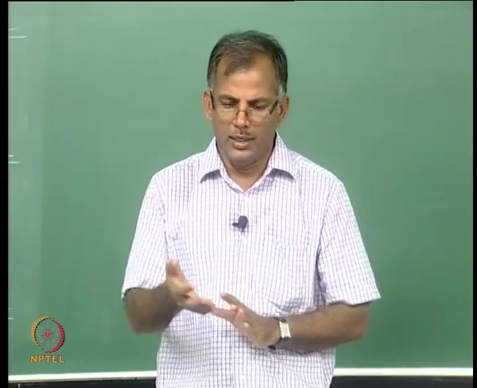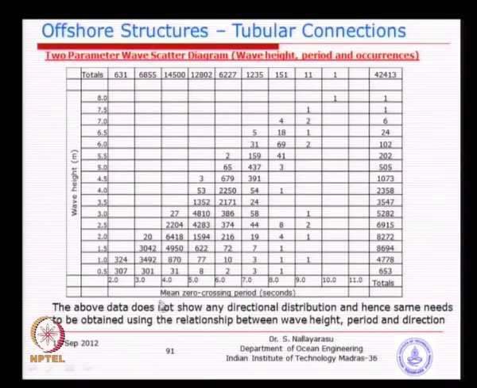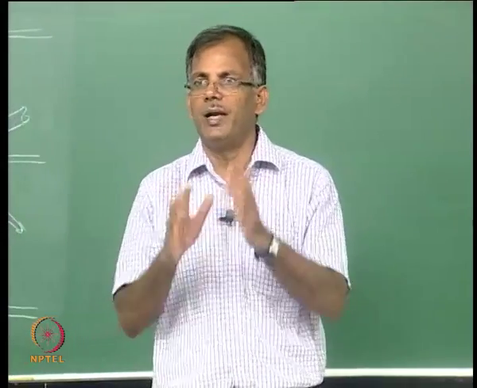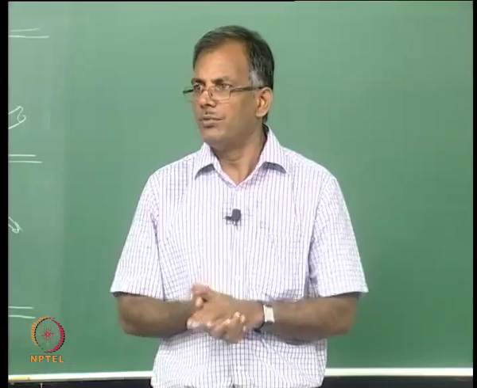And the larger the number, for example, if you look at it, 6,000 is the biggest number. So, what you see from here, 2 meter wave height with wave period ranging from 4 to 5 is predominantly occurring at that site, 6,000 out of probably a few 100,000. So, basically that is the largest number that you can see. That means, if you go to the site, very often you will see the wave height is around 2 meters. So, that is the idea behind it.